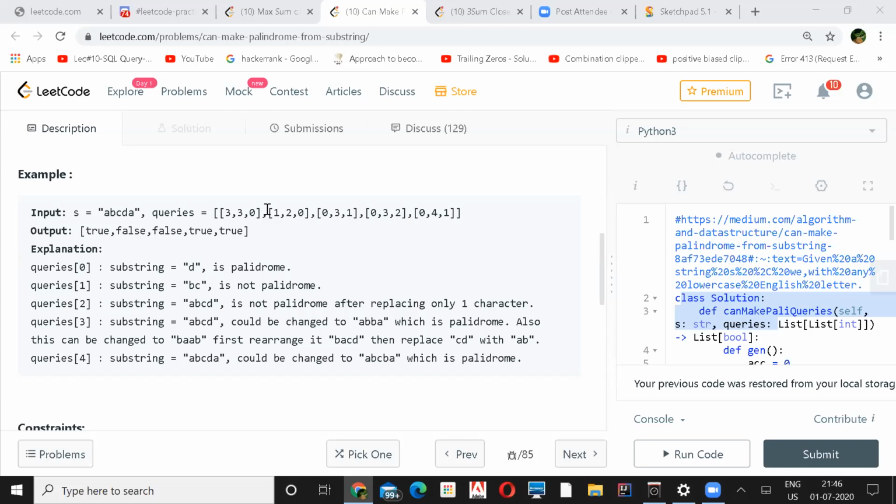I think to make a palindrome, the number of unique characters should be less than or equal to half the length. Yeah, half the length, right? So if we have that number of unique characters, and if we get the k, if you add it or subtract it, and see if it is like the substring length by 2, half of the length of the substring, then it is a palindrome. Yeah. But maybe I will just describe it on a whiteboard the way I thought about it. And then if you want, you can add that.